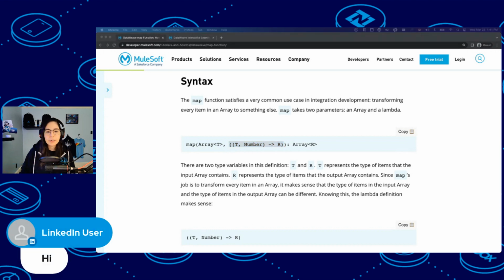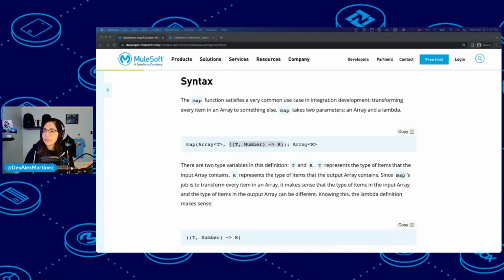So this lambda function is going to be useful to do whatever transformation you want to do to the items of the array. As you can see, the same lambda function has two different parameters. It has a t and it has a type number. So again, for the map, you just have two parameters, the array and the lambda.